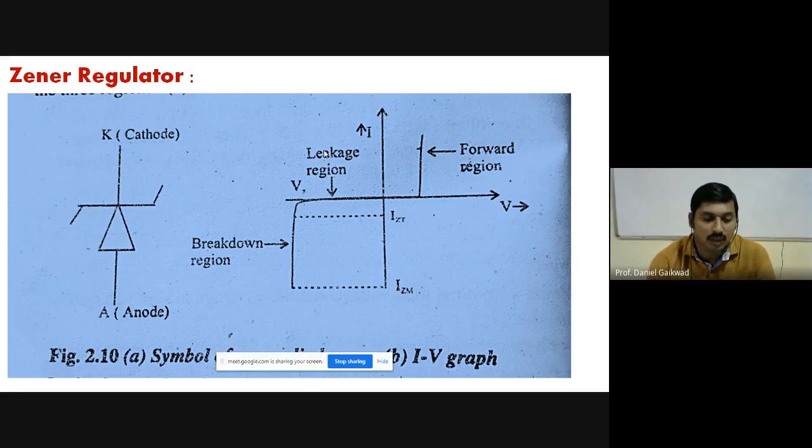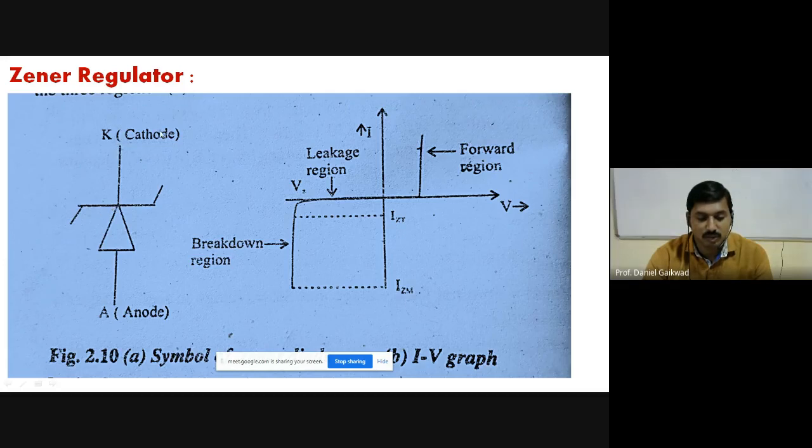And in regulator, the very first type of regulator is the one using a Zener diode, and it is called the Zener regulator. Okay. Now check carefully what we have in the diagram, the Zener diode. Check the diagram here. What we have is the symbol of the Zener diode. So this is the P-type semiconductor, and this line is N-type, and it works in both forward as well as reverse bias. So it will have the zigzag symbol like this. So this is the symbol of the Zener diode.